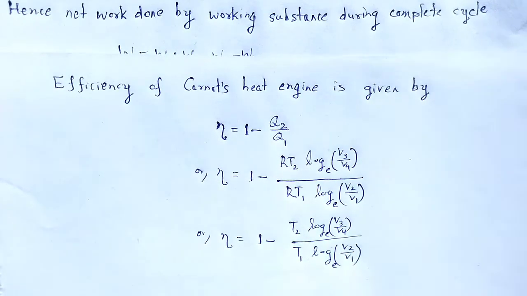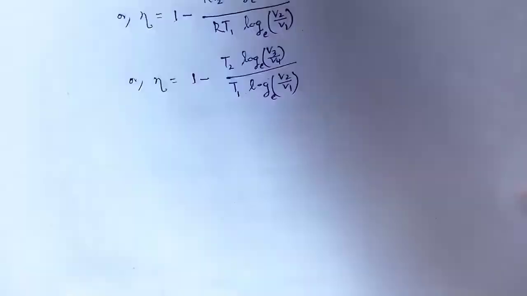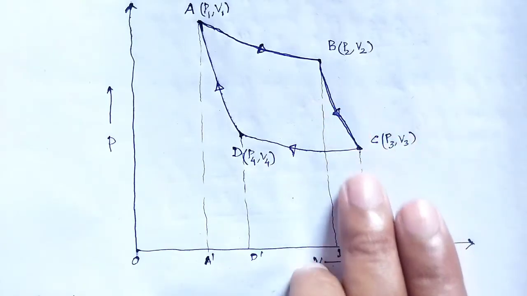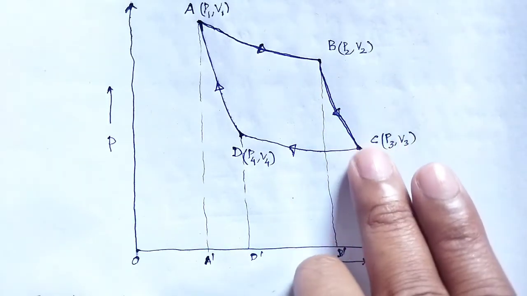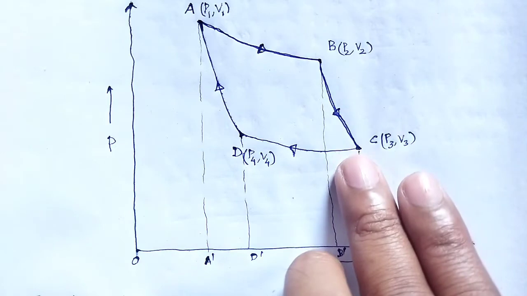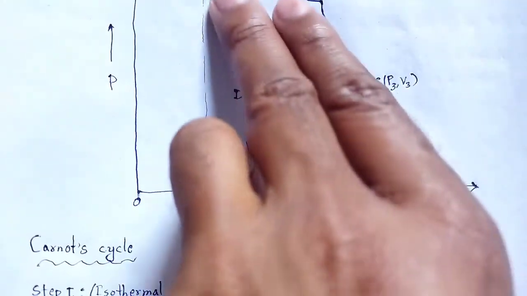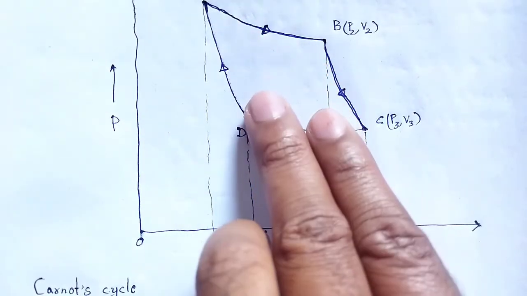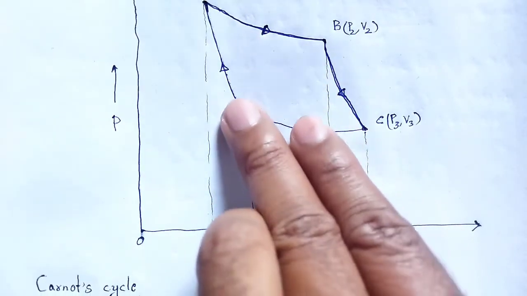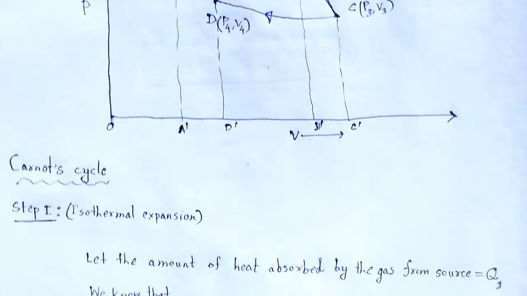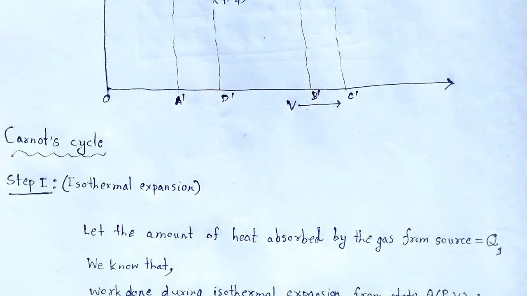See here, from the figure, the points B and C lie on the same adiabatic process BC, and the points A and D again lie on the same adiabatic DA. So, according to the adiabatic equation, we can write here,